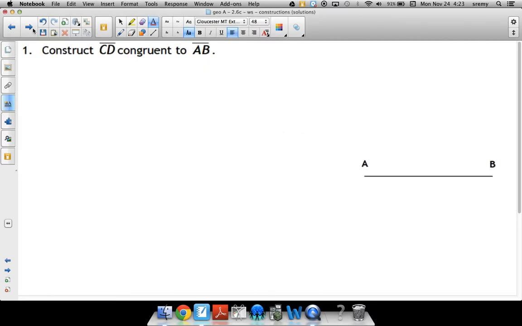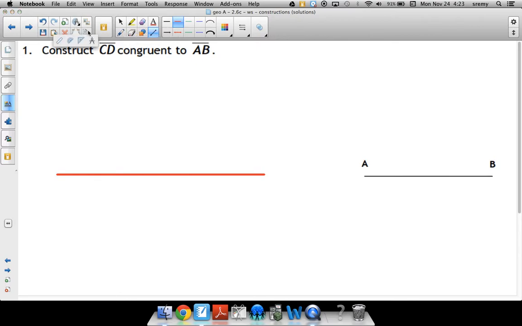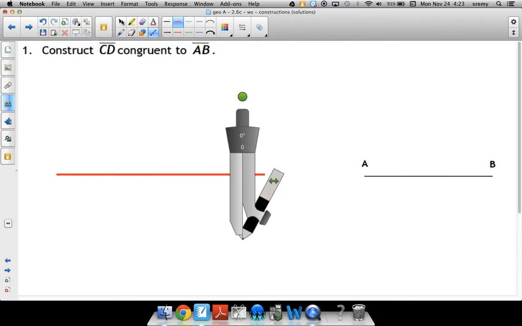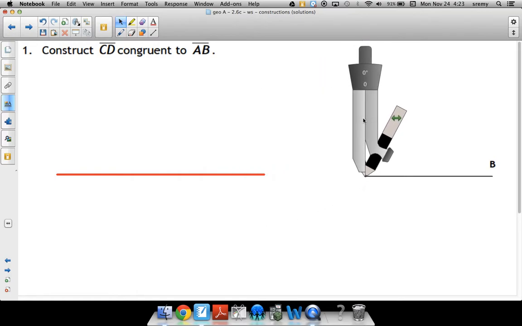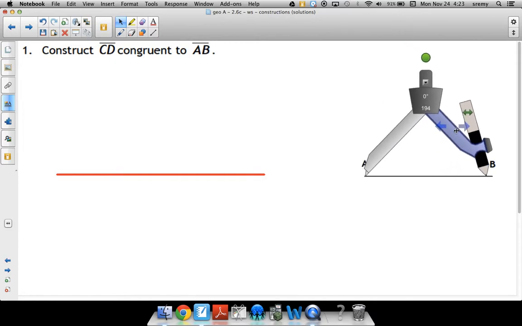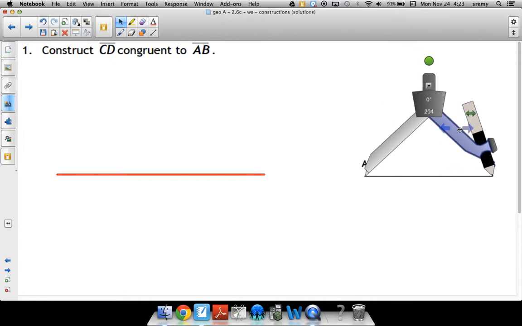So for the first problem, you're asked to construct CD congruent to AB. For that, you would do the generic copying a segment construction. So start with a segment that is longer than the one you're trying to copy. And grab your compass. What you want to do is mark off a segment that's the same length as your original. So if you open your compass to be the size of your original, so if you open your compass to be that large,